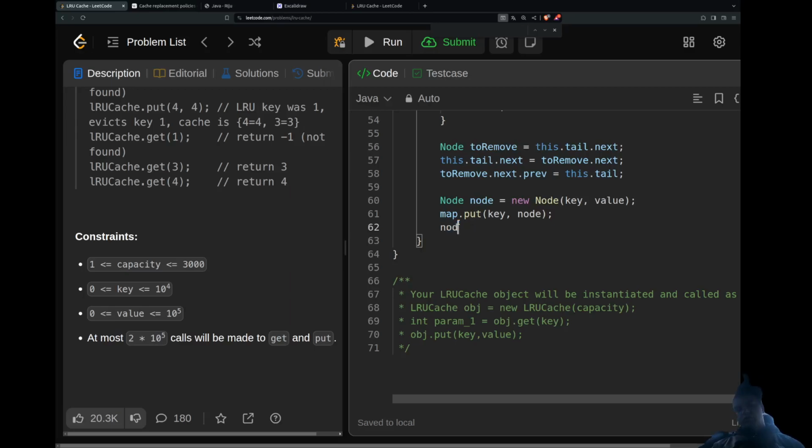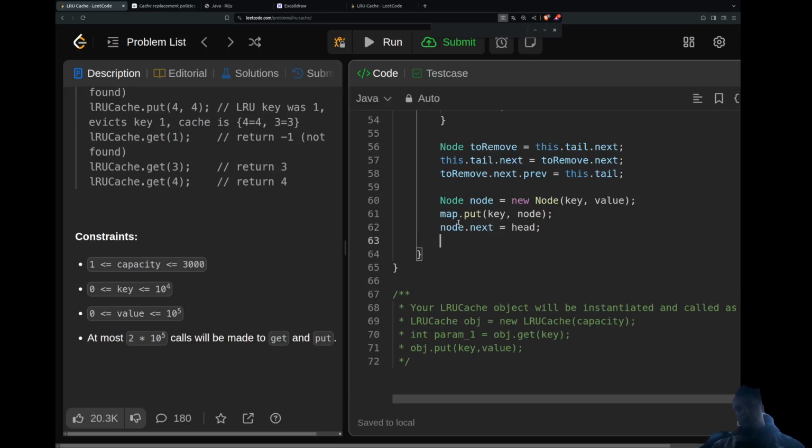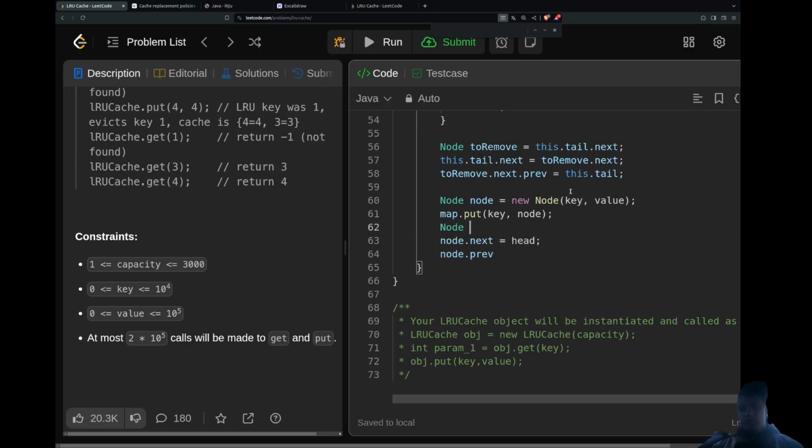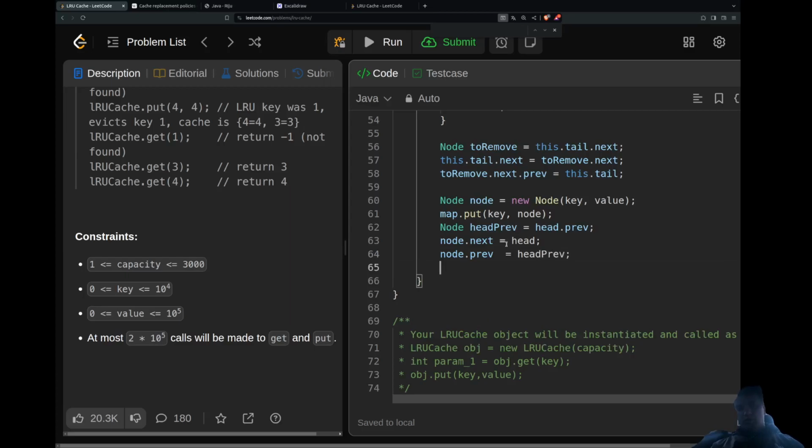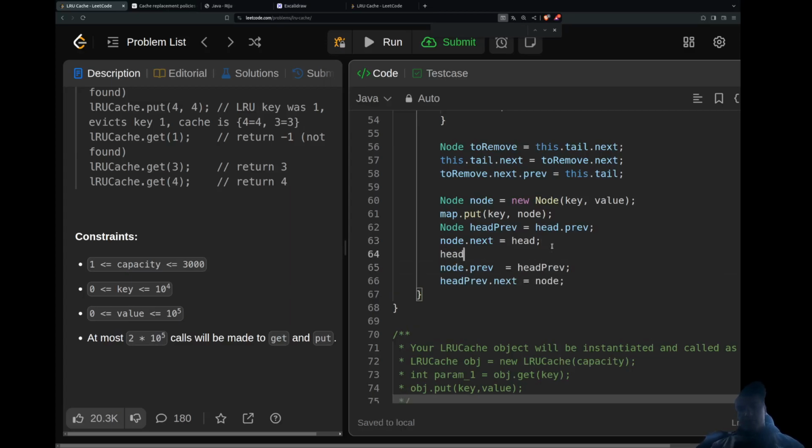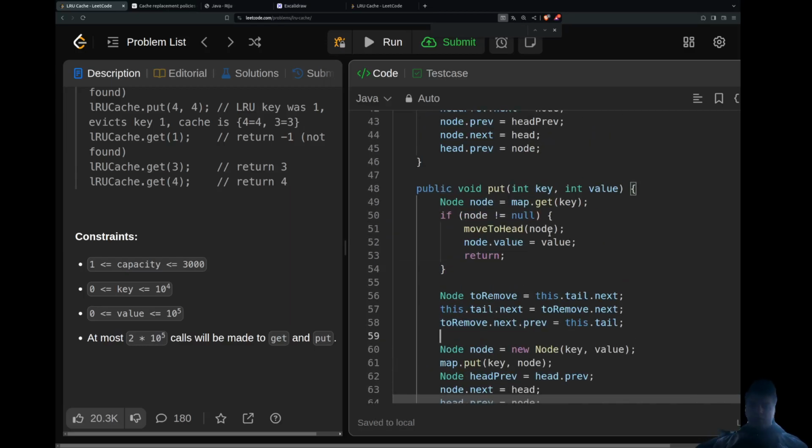So node.next equals head, node.previous equals head.previous, and head.previous.next equals node, and head.previous equals node. And when we're gonna put it like this,